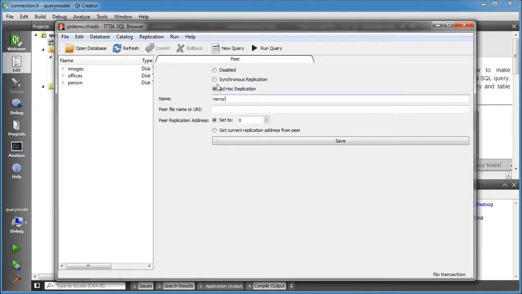Now, synchronous replication will automatically update this mirror whenever a transaction is committed. And you can provide a URL for an ETDB server database, but since the mirror is in the same folder, I can just put the file name here. I also know that the mirror's address is 2, but the replicate is already configured, so I'll just get it from there.